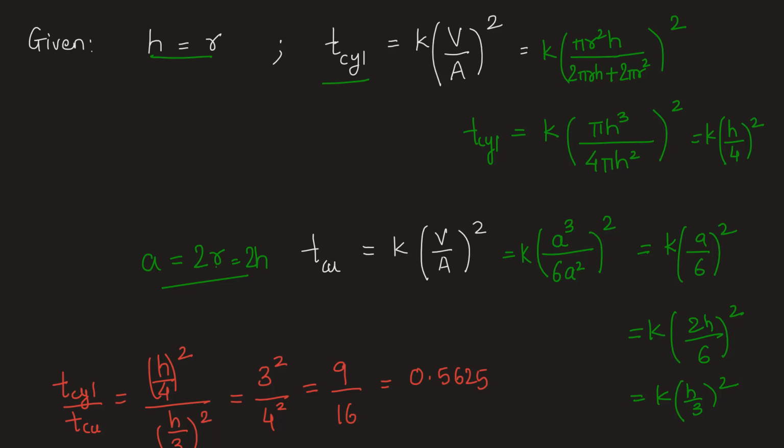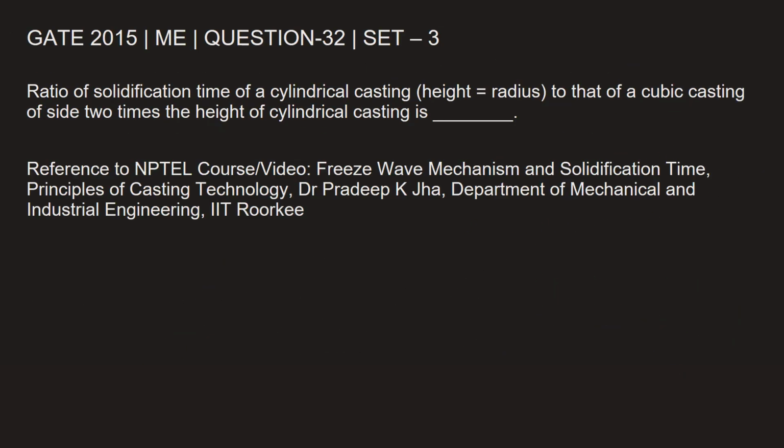Let's go back and fill in the answer. Ratio of solidification time of cylindrical casting to that of the cubic casting as per the given relationship between their side, height and radius is 0.5625. To learn more about solidification time of casting, you can refer to the NPTEL video Freeze Wave Mechanism and